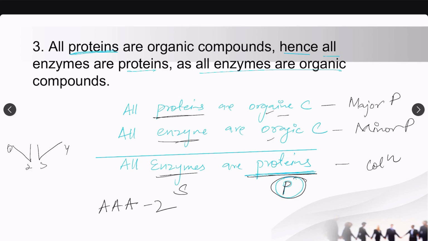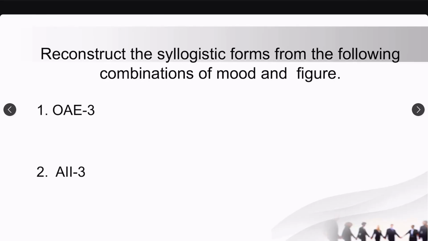So the position of the middle term is first, second and then third and fourth, so here it is coming in the second, so this would be A, and then the figure is the third figure, right? So you have to write third. I'm just making this mistake here, third figure. So this is in the third figure.